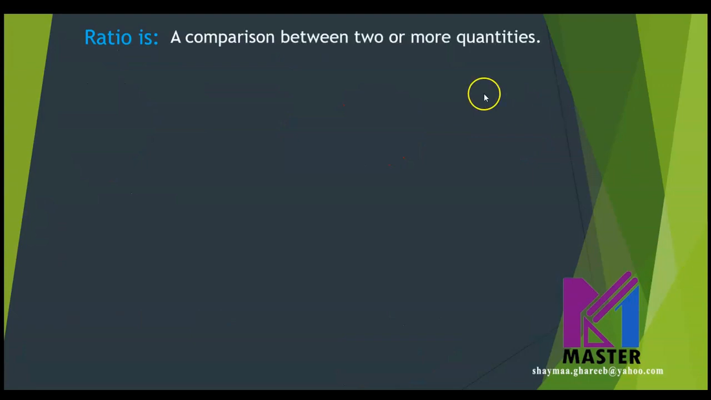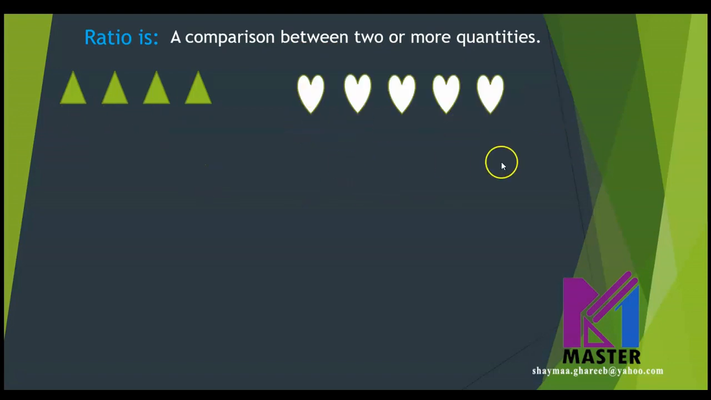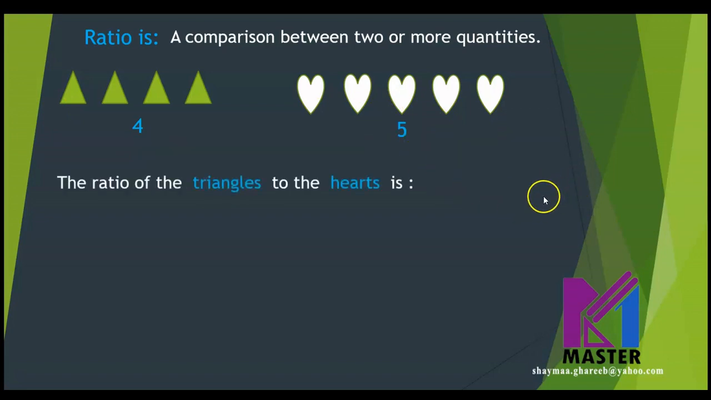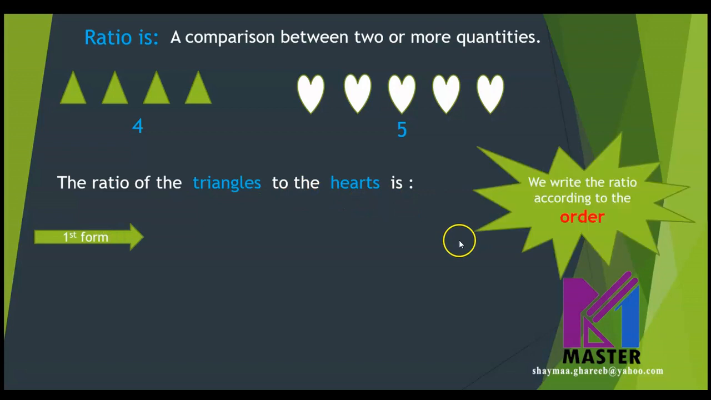Ratio is a comparison between two or more quantities. For example, I have here a group of triangles and a group of hearts. The first group has 4 triangles and 5 hearts. So, if I asked you the ratio of the triangles to the hearts is, first, I have to